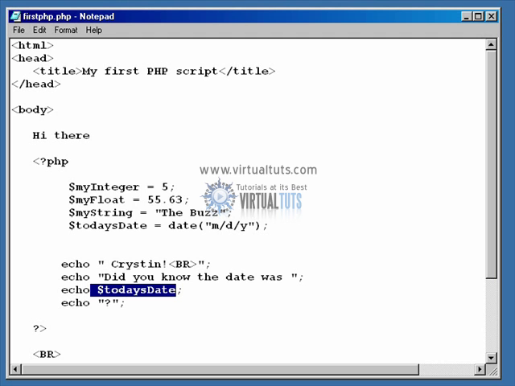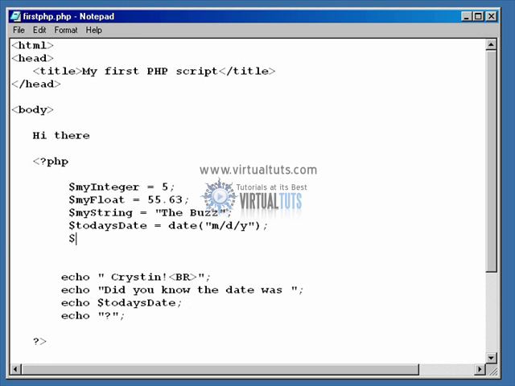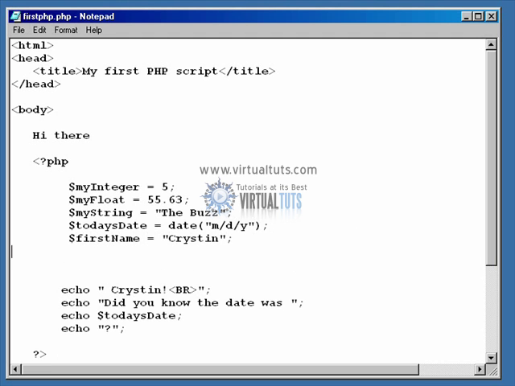Yeah. So you can see right here how I can actually print or echo information back out. I can do the same up here. Let's say I want to. Let's do $firstname equals Kristen, and let's go ahead and do